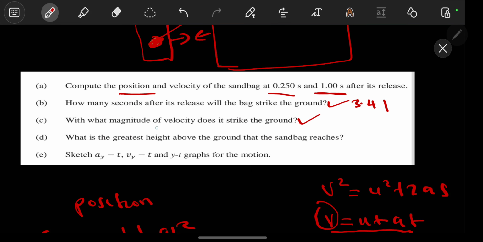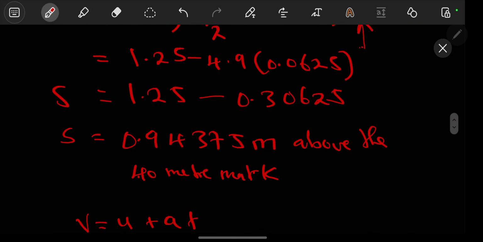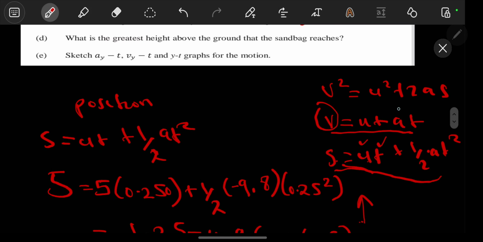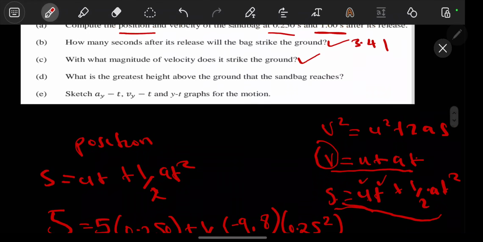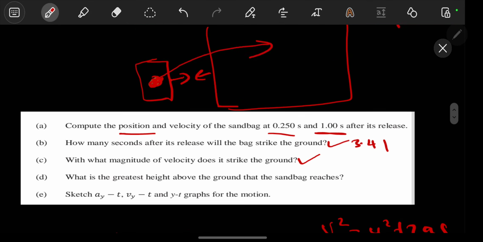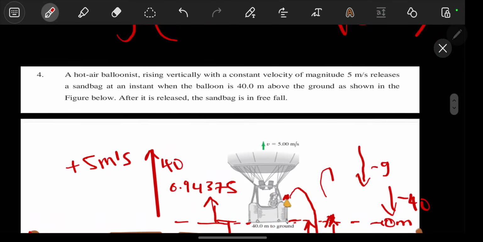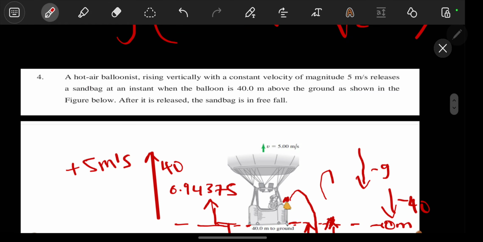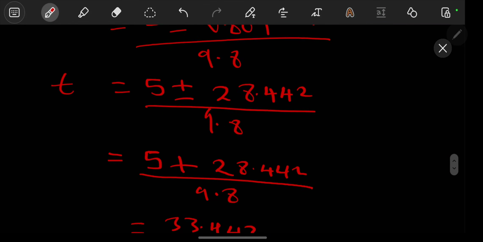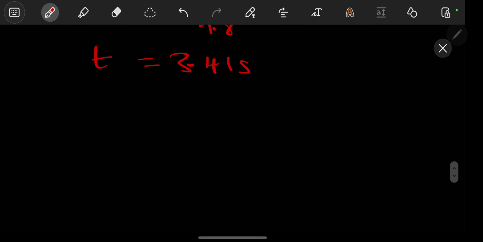So with what magnitude of velocity does it strike the ground? To find the magnitude at which it strikes the ground, we are going to use the simple equation. Since we now know the time, we can just use this simple one. We have our a, we have our t, and the initial velocity is fixed, which is the one it began with, 5 meters per second. So considering that,